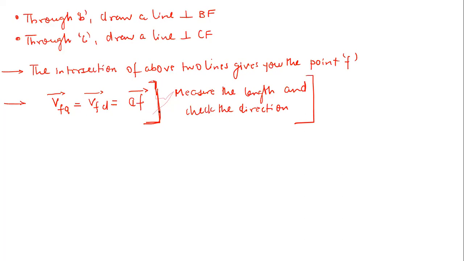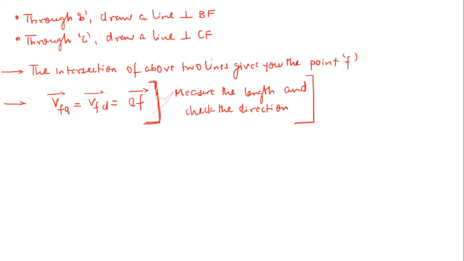Now I'm going to talk of a very important concept. Maybe if you wish, you can use it, and if you don't wish, you can ignore that. But sometimes, when the velocity analysis or the given mechanism is too complex, this kind of concept is very useful. So what is this concept? Let me discuss this. This concept is generally called velocity image.